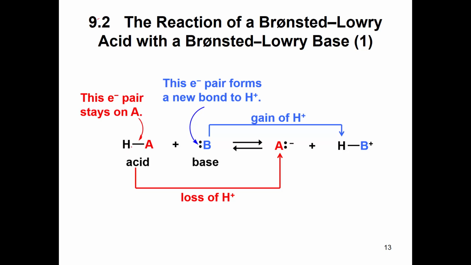it has a pair of electrons that are shared between the hydrogen and the anion. And so the electron pair, when this breaks, is going to stay with the anion. And so, because it's liberating this H+, which doesn't have any more electrons with it,